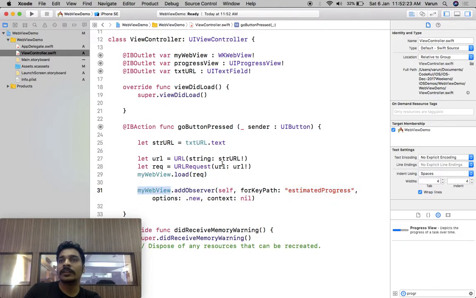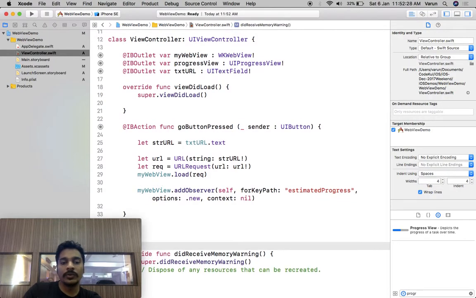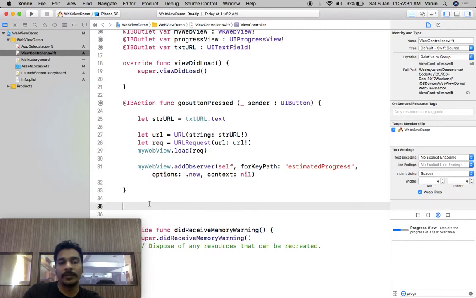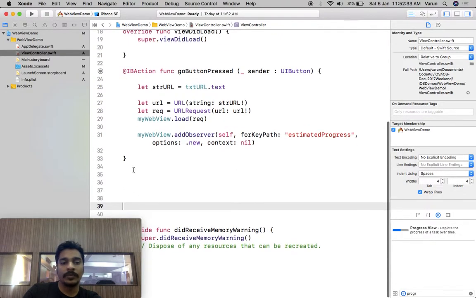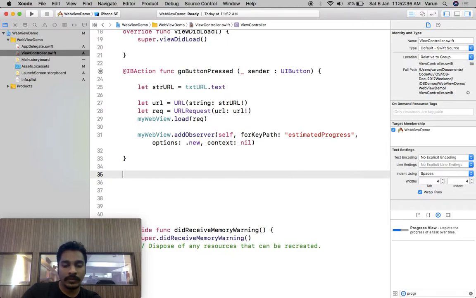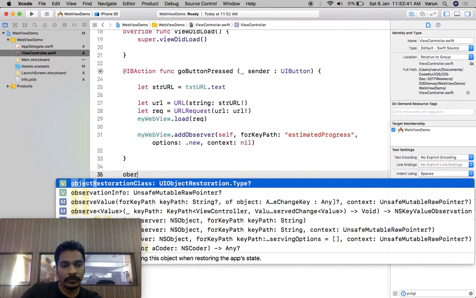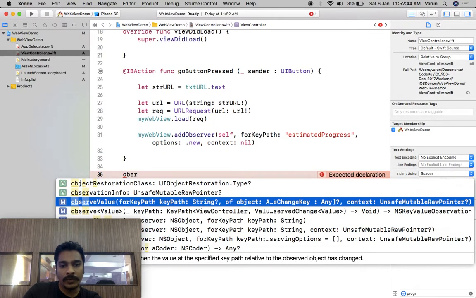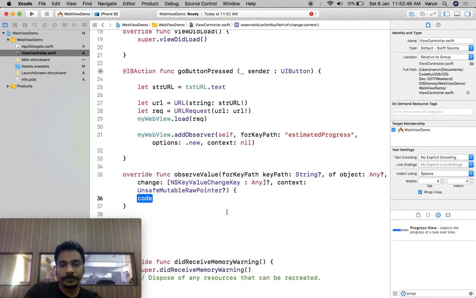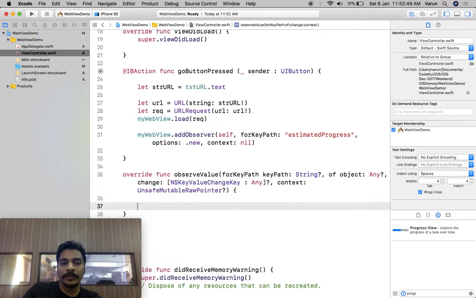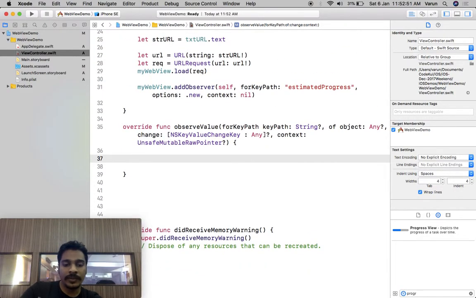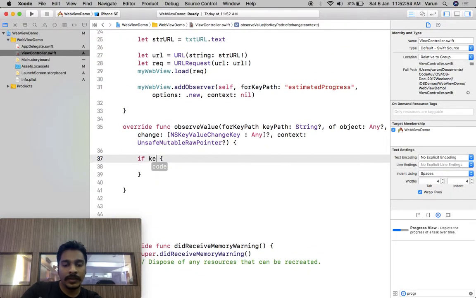Now where will you get the events if it is changed? You need to implement one method over here, that is observeValue forKeyPath. Correct. So here we can check which key path it is. If key path is equal to this key path,